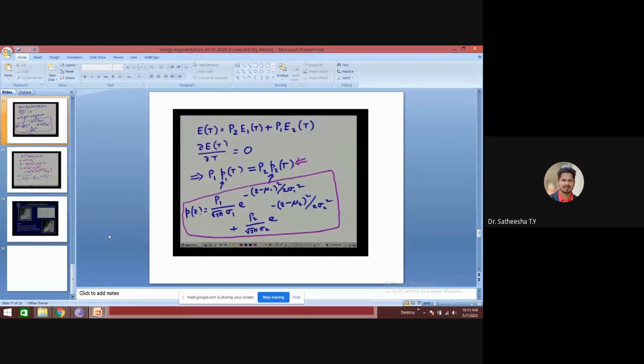So the overall probability of error will be given by E of T equals P2 E1 of T plus P1 E2 of T.